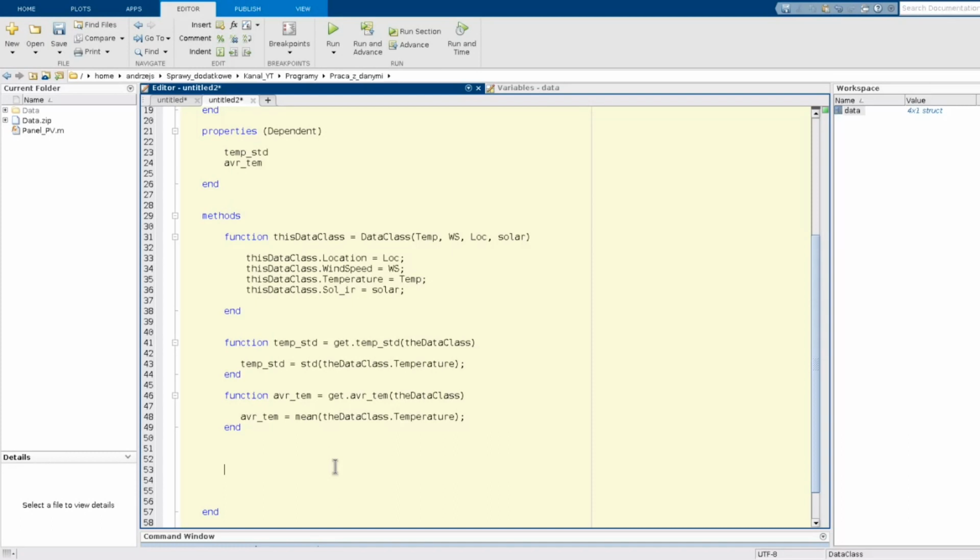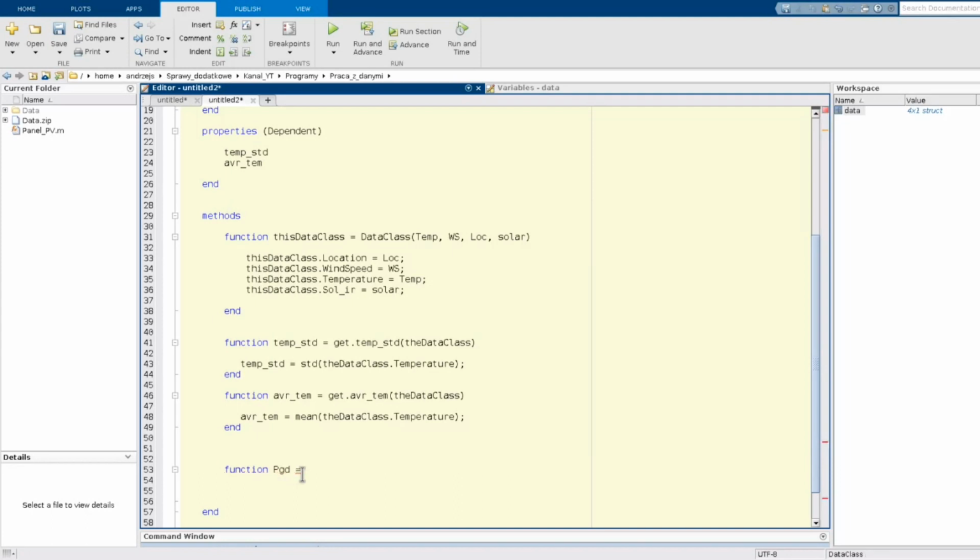The point is how to call this function inside of the class method. So I create another public function, which will return the power generation for a day, for example.